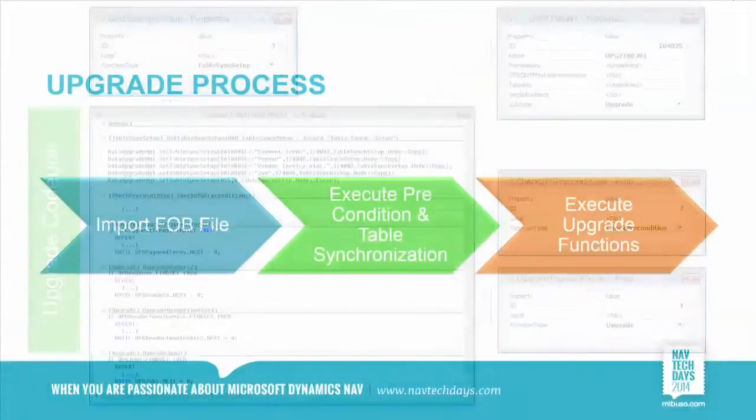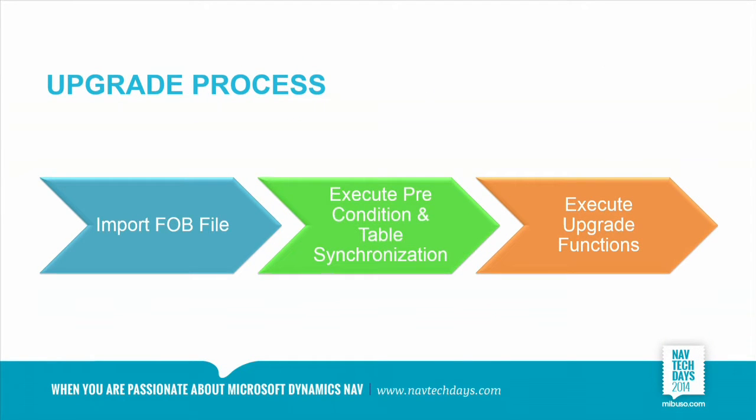But if you look at the way that these upgrade code units are processed, they are part of the shipping of the FOB file. What happens if you import an FOB file, the system checks if there is an upgrade code unit. And if there's an upgrade code unit, it will start executing the upgrade code unit, and it will implement the step 1. So it will move the data out, and it will allow you to apply schema changes. And then after the FOB file has been imported, the UI of the development environment allows you to execute all